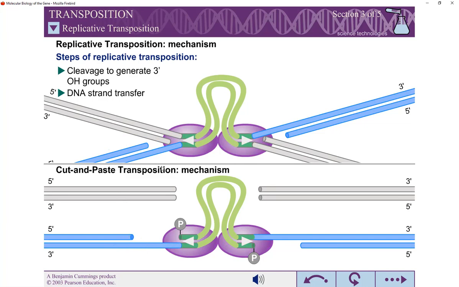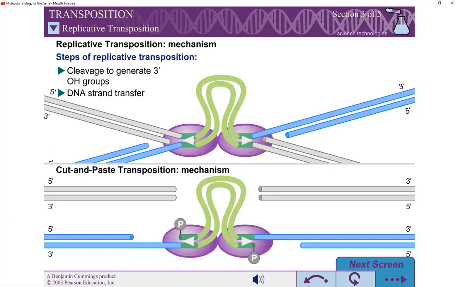In the first mechanism, one strand of the transposon moves from its parental location to a new location and will be transposed here. In the second case, when you talk about the cut and paste mechanism, what is going to happen? It has been cut from the previous location and pasted to a new location. This is referred to as the cut and paste mechanism.